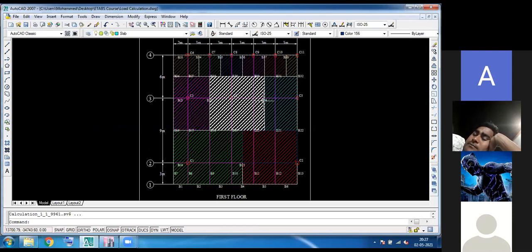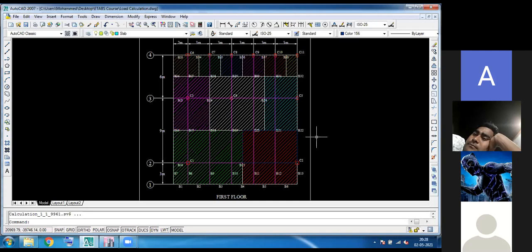This is also one of the approximation methods to calculate the load, nothing but the tributary area method. By using this method, we can find out the loads on the foundation: the load transferred from slab to beam, beam to column, and column to foundation, and finally the load transferred to the foundation.